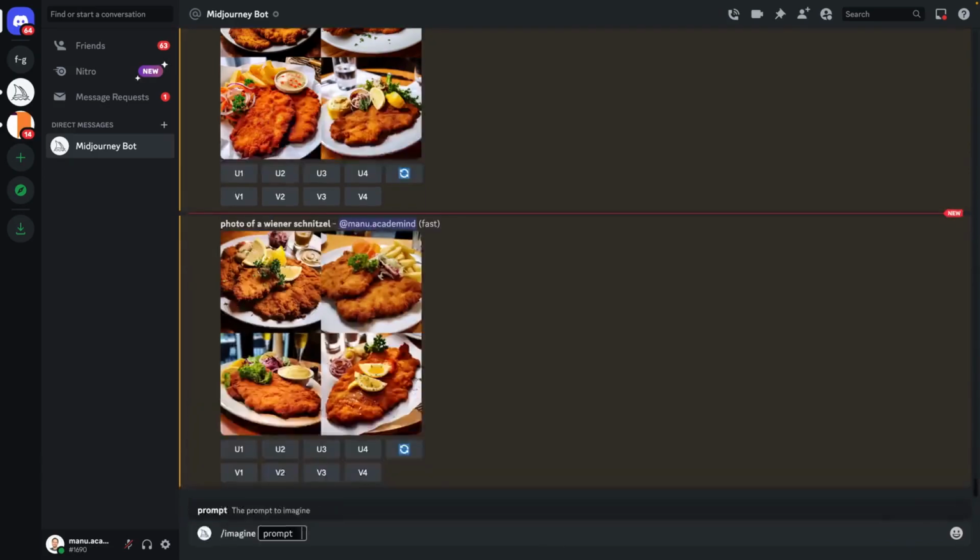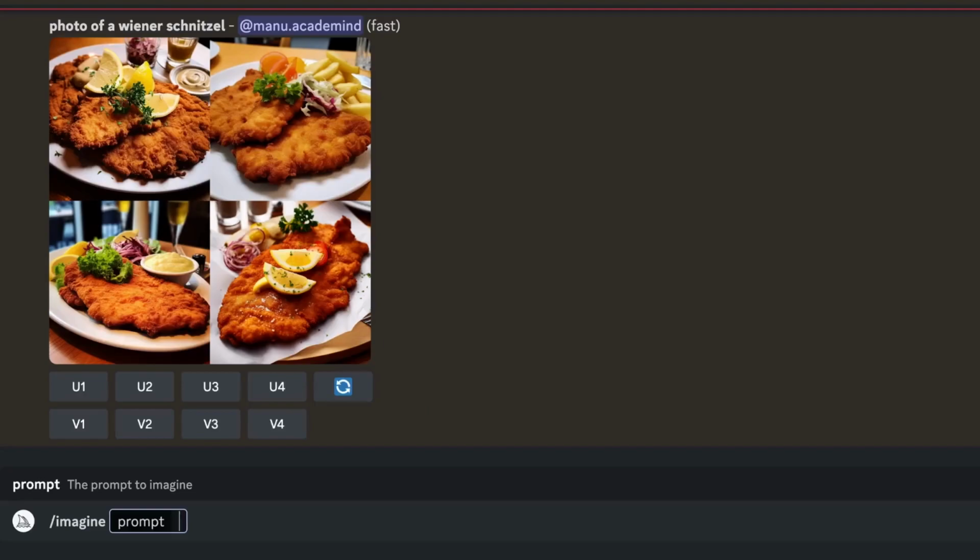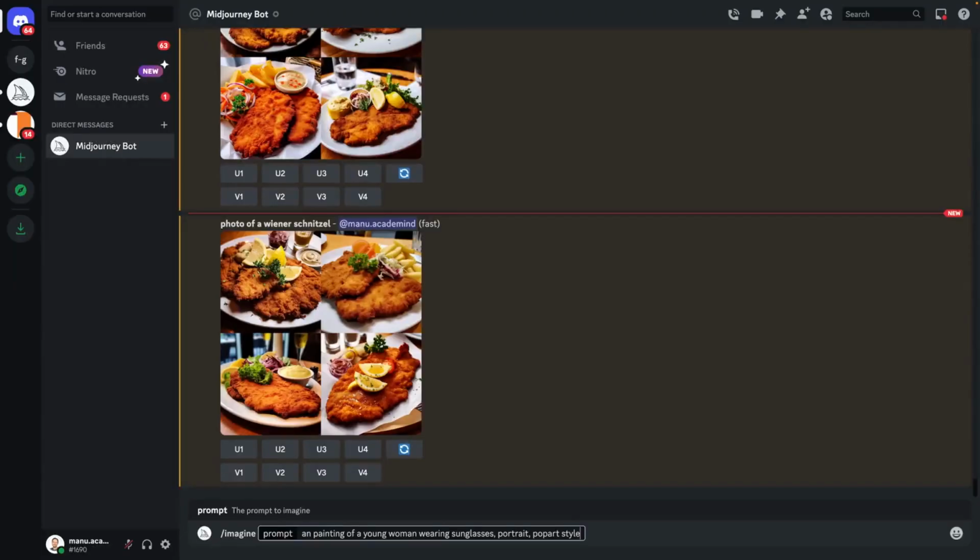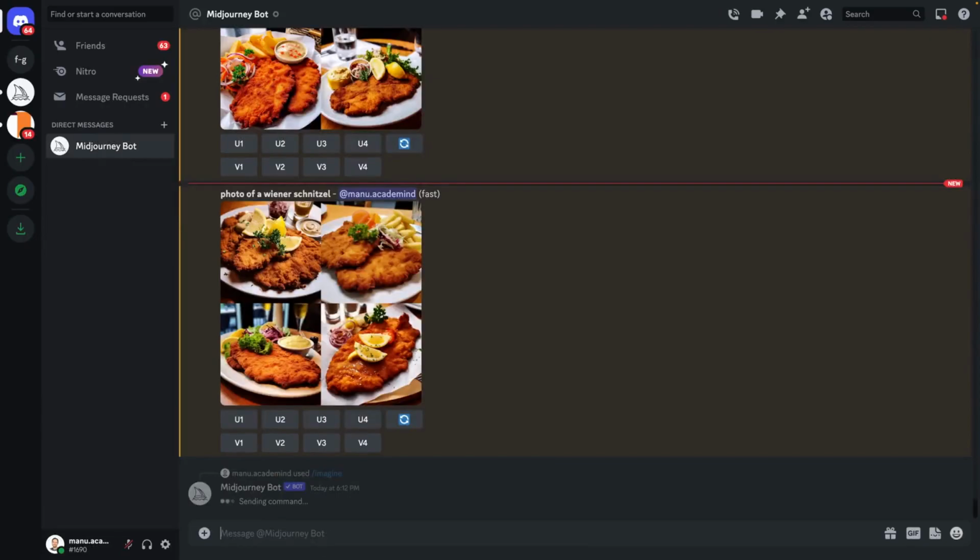So I can simply say that I want to have, let's say, a painting this time of a young woman wearing sunglasses. It should be a portrait maybe. And it should be pop art style. That's all. Again, a pretty short prompt. Let's see what this leads us to.